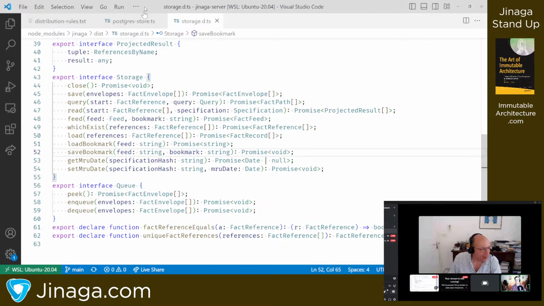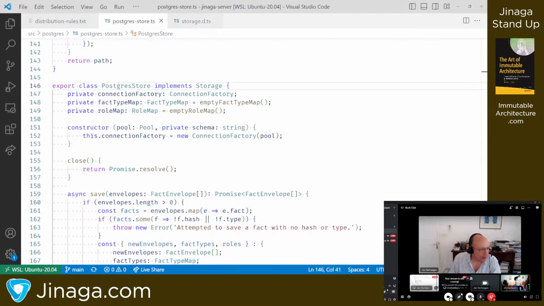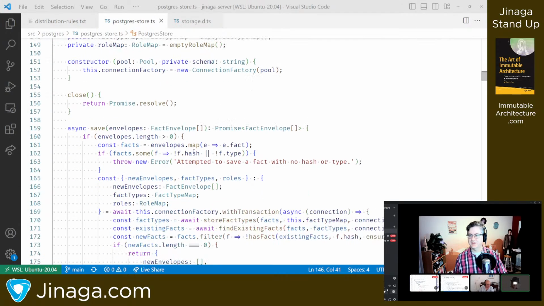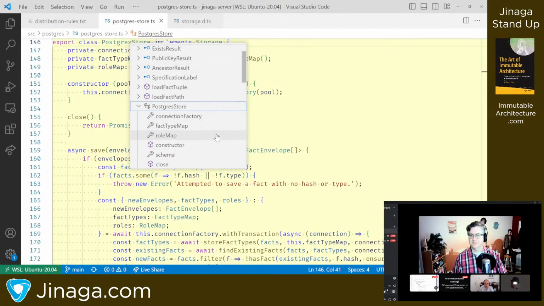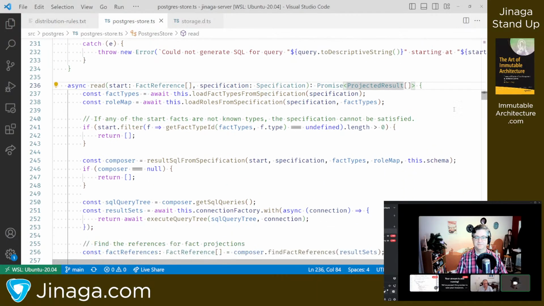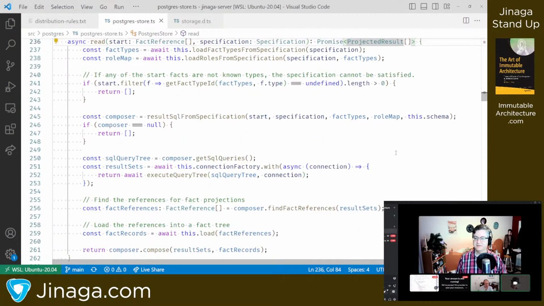Okay. So let's take a quick look at how close the Postgres store is if you were to grab the read stuff. So here's Postgres store read. This is returning the array of projected results. That data type doesn't exist yet in .NET, so that would be part of the refactoring that I would do.